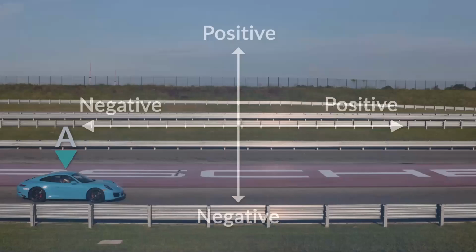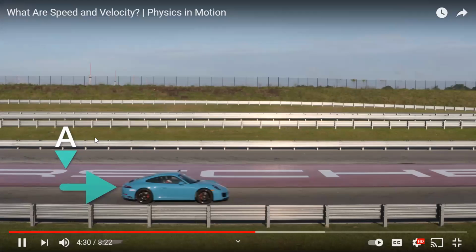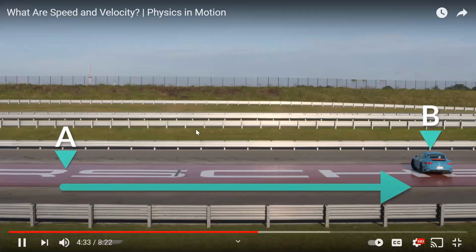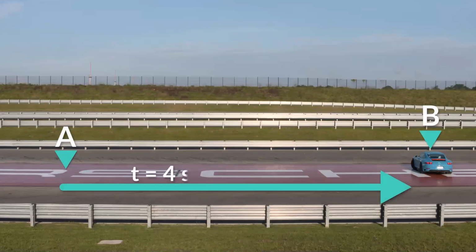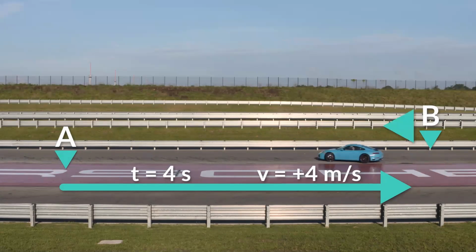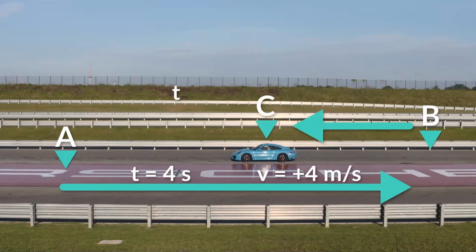So when the car was going from point A to point B, it was traveling in the positive direction because we've designated right as the positive direction. If the car went from A to B in 4 seconds, then its average velocity was 4 meters per second going in the positive direction. But when the car was going from point B to point C, it was facing the other way. If it did so in 3 seconds, then it had an average velocity of 2.67 meters per second in the